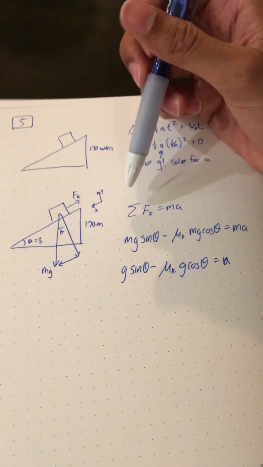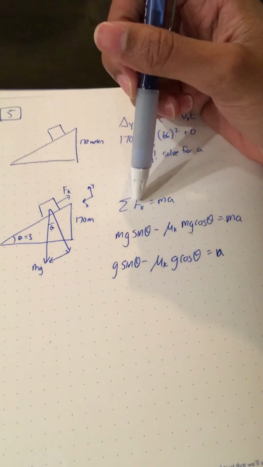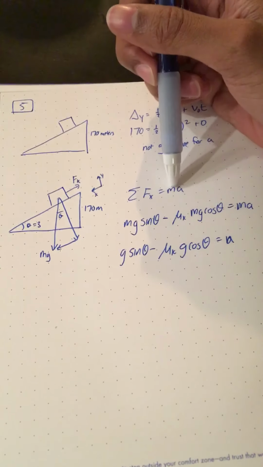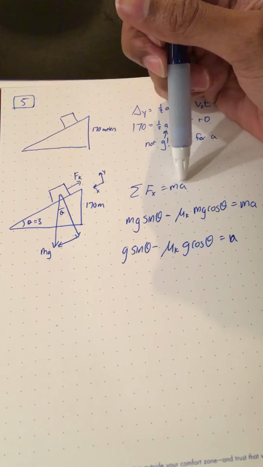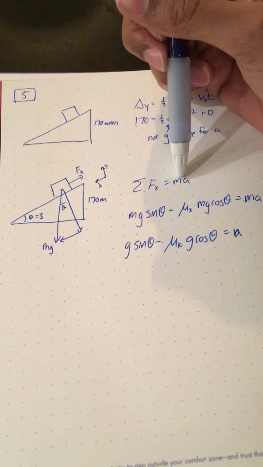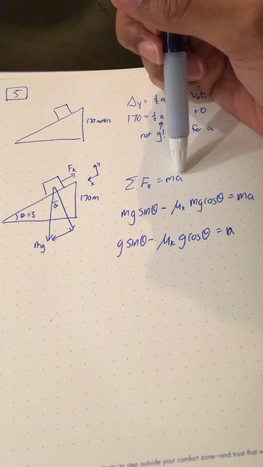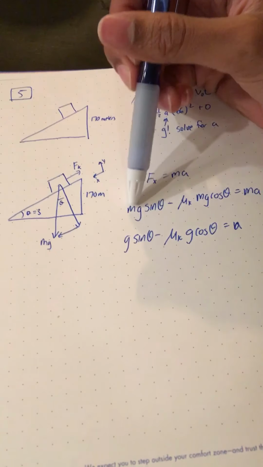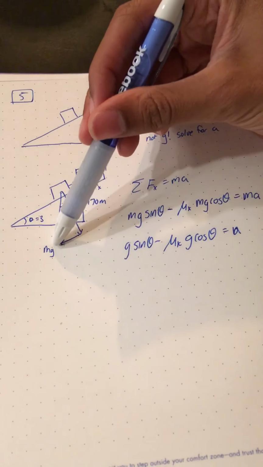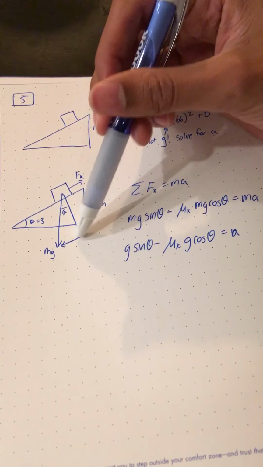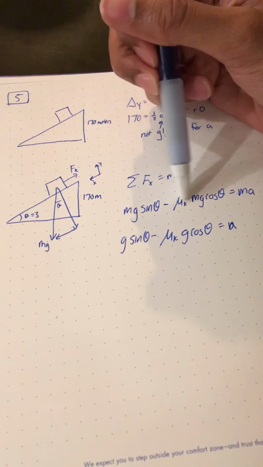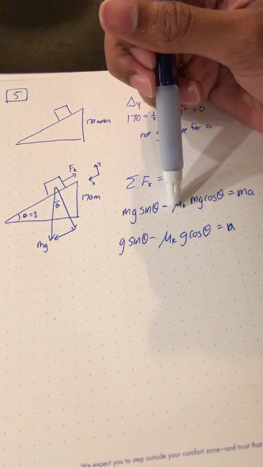So now you have sum of the forces in the x direction equals mass times acceleration. Again, this a is not 0. This guy's moving, he's accelerating. This a is not 0. So what are the forces in the x direction? Mg sine theta is the one going down parallel to the slope down this way, minus kinetic friction, mu k